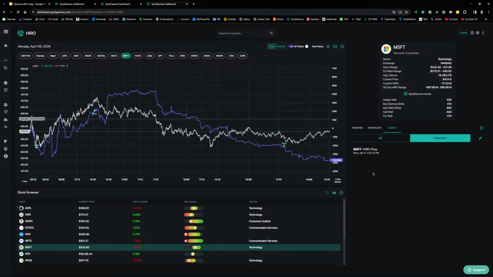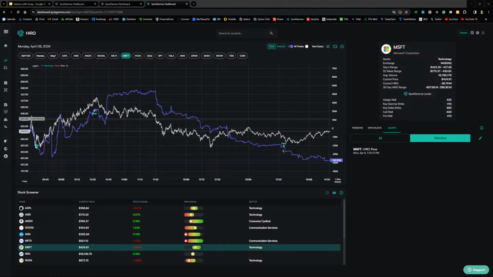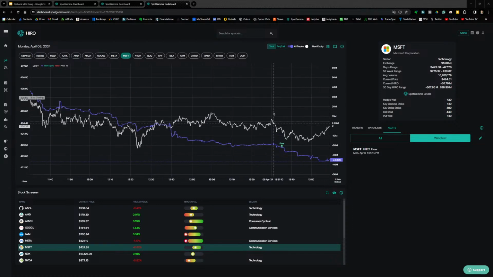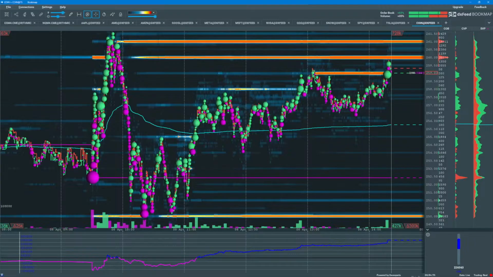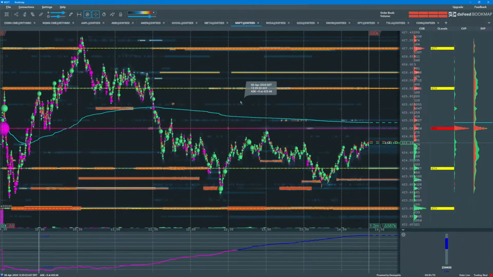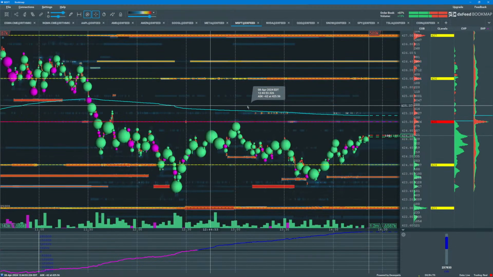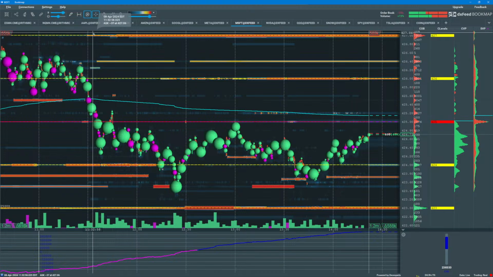All right, let's take a look. This is the most recent alert. So this is for Microsoft. This is quite old, about 45 minutes old, but it is signaling this flow alert moving. Hero signal moving lower after that alert, looks like there's a divergence in price between Microsoft and the hero signal. So let's go take a look at Microsoft. Let's go back to Bookmap, go to Microsoft. All right, so there are a lot of green volume dots here. So just based on the hero signal,